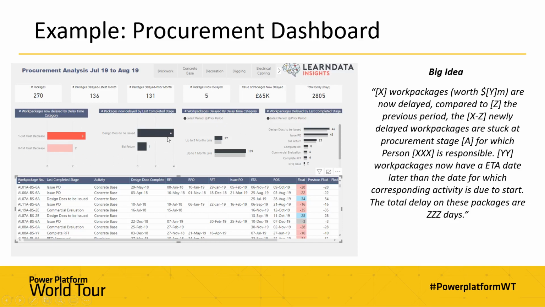And then we can use those to filter the table. And we've got a table here with all the work packages with that float, that difference between the ETA and the raw state. So what's important here is now we've represented that story through the